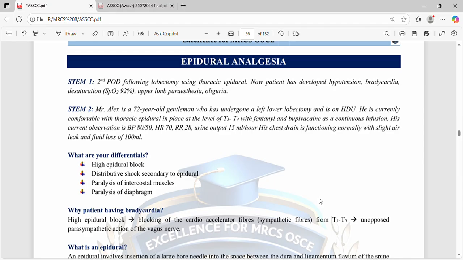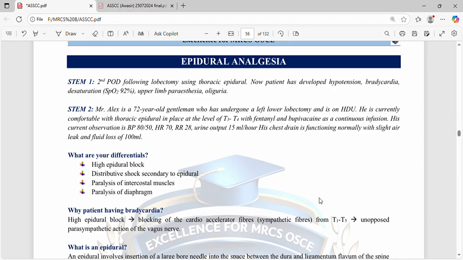So the patient is unstable, and what are your differentials? Based on this situation and condition, my first differential will be high epidural block and distributive shock, because the patient is in a state of shock. He has low BP and